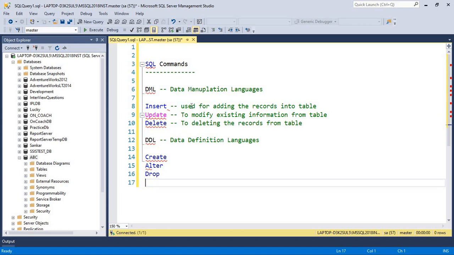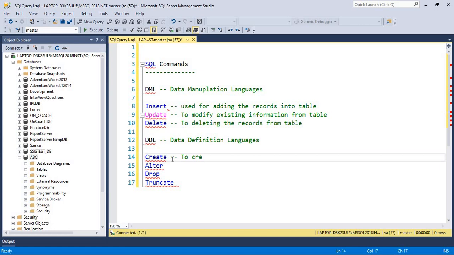Even truncate we can say here also. Okay, create. What is the use of create? By using the create statement we can create objects in the database, like a table, procedure, trigger, view. Anything we can create through the create statement.